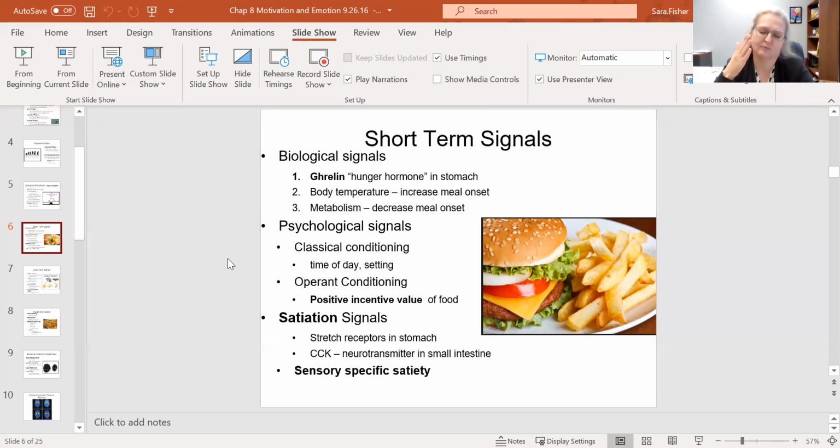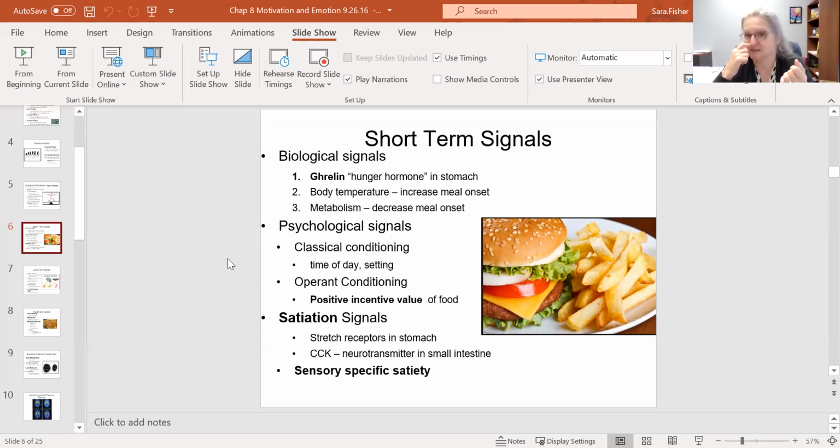But if your body is accustomed to eating in the morning and eating 6 hours later, guess what? You're going to be hungry in the morning and you're going to be hungry 6 hours later. But here's the thing: if you just sit through it and wait for that to pass, then you'll eventually not be hungry. So if somebody is trying not to eat as much, if they're trying to lose weight, when this hunger signal comes, just wait and it'll eventually pass and you won't be hungry anymore. Now that might be a really long couple hours until it passes.